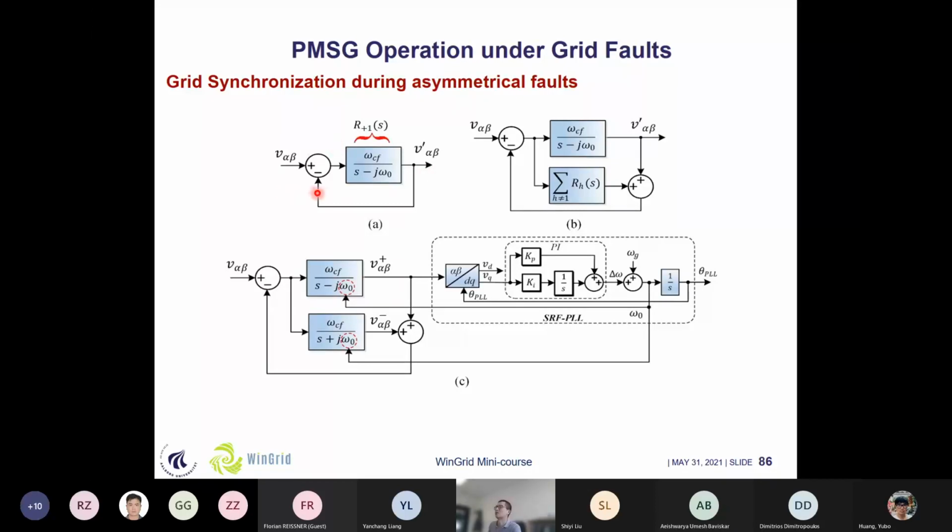First of all, we use this phase shift to acquire the positive components of the grid voltage. And if we use this additional unit, then we can extract not only the positive component, but maybe also some harmonic components. So before we do the SRF-PLL, we first extract the positive components of the grid voltage. Then we use this information in the normal PLL